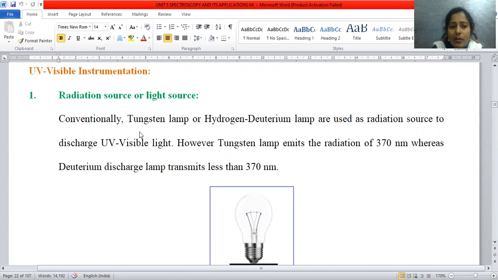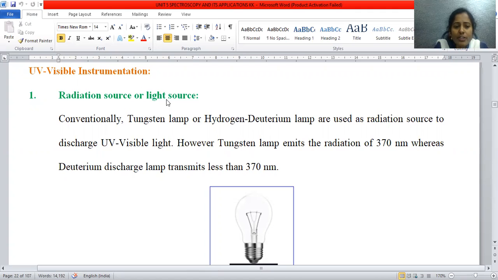Today, how the peaks or signals are generated, the entire instrumentation process, the various components present in this instrument and how they work will be discussed in this class.